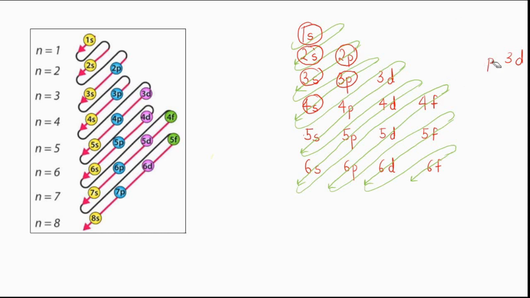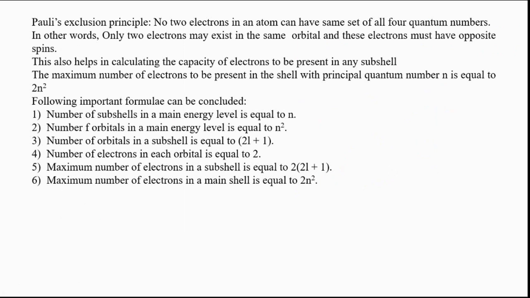This happens because of the n plus l rule. So what is that n plus l rule? If I consider 3d and 4s, for 3d, n is equal to 3 and l is equal to 2, so n plus l gives us 5. But for 4s, n is equal to 4 and l is equal to 0. So 4s has a lower value of n plus l. This is why we fill 4s first, then 3d. After 3d is filled, we'll fill 4p and then go on to 5s and so on. This is how we do the filling according to the Aufbau principle.